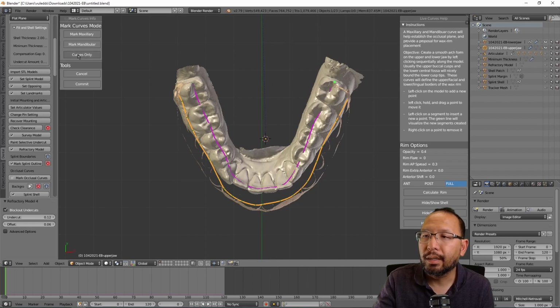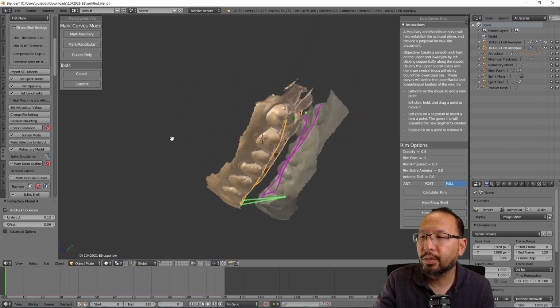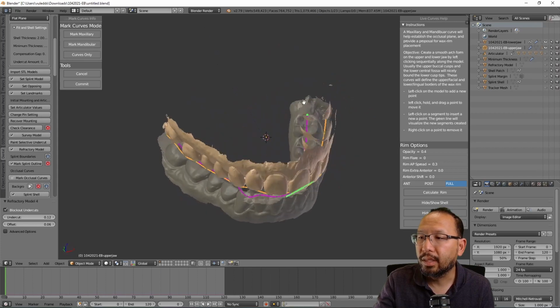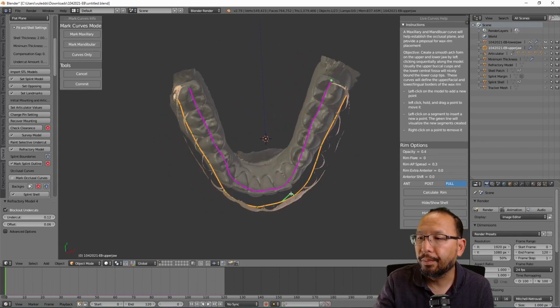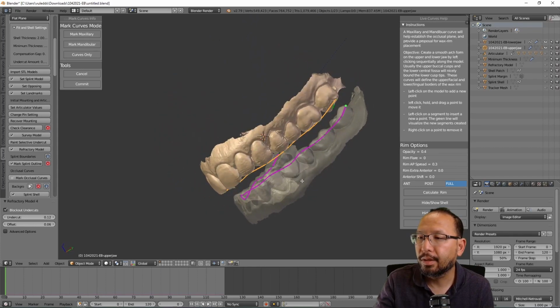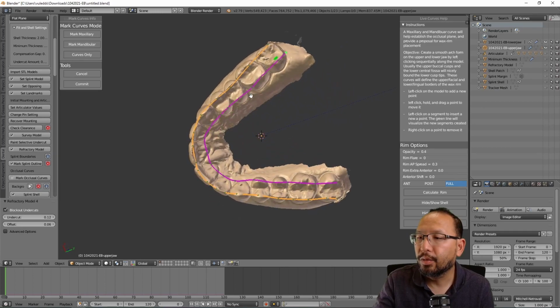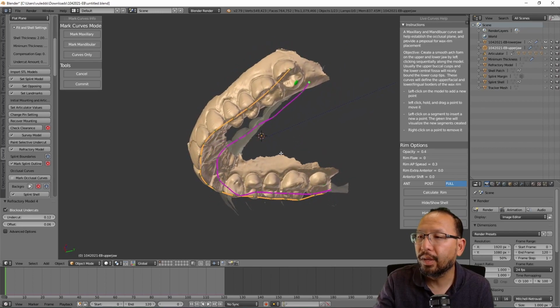We're going to go ahead and hit curves only. That'll help you to visualize where the wax rim is going to go. We see we got a weird point here on the orange one. Oh, that's because my mouse was on it. Sorry. If you like or don't like something, or you had something weird happen, you can grab a dot at this point and adjust it,